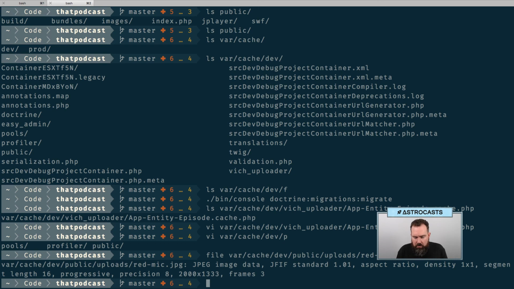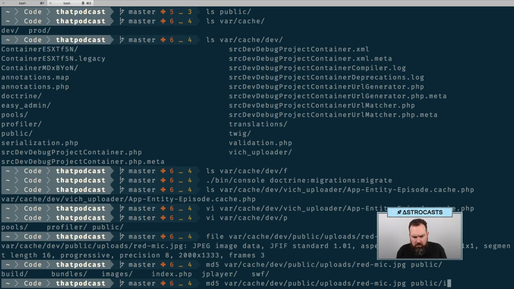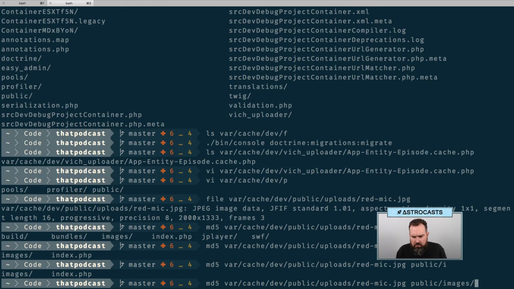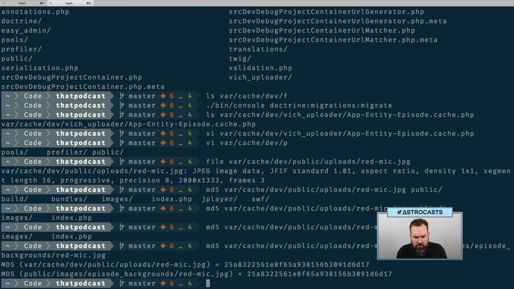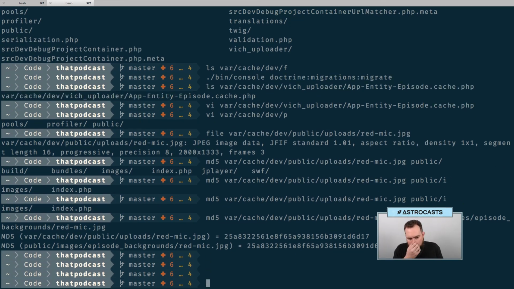Aspect ratio. Just make sure these are the same. Images. Yeah, so they're the same. Cool. So that worked. So one of the things I wanted to do was try to use Valet to do this local stuff really well. So I'm going to make